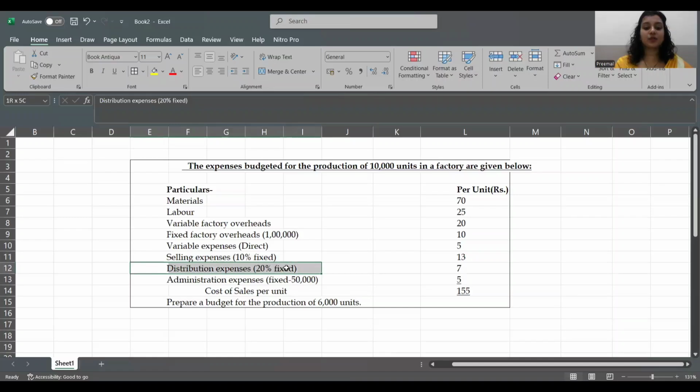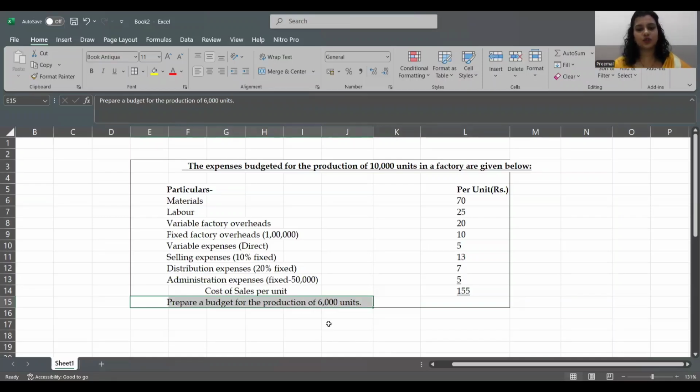Next, we have distribution expense. Here in brackets, they've mentioned 20% is fixed. That means the remaining 80% is variable. This is a semi-variable expense, just like the selling expense. And administration expenses, the amount remains the same. They've mentioned it is fixed at 50,000. The total cost of sales per unit is given to us, and the question says, prepare a budget for the